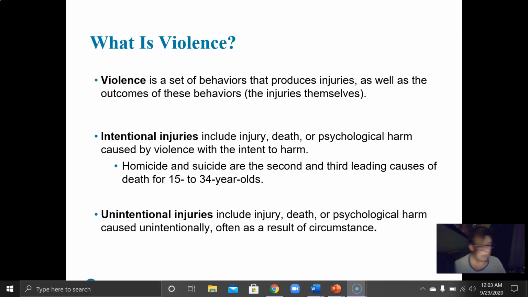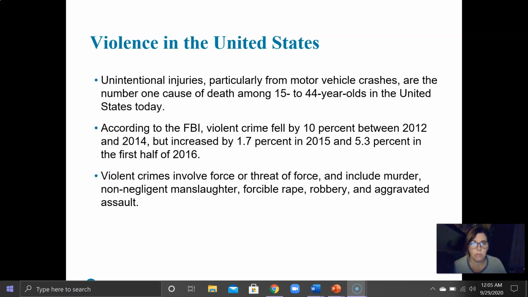Young adults are disproportionately affected by violence and injury. Unintentional injuries are the number one cause of death among 15 to 44-year-olds. And suicide and homicide are second and third leading causes of death in 15 to 34-year-olds. Unintentional injuries from motor vehicle crashes in particular are the number one cause of death among 15 to 44-year-olds in